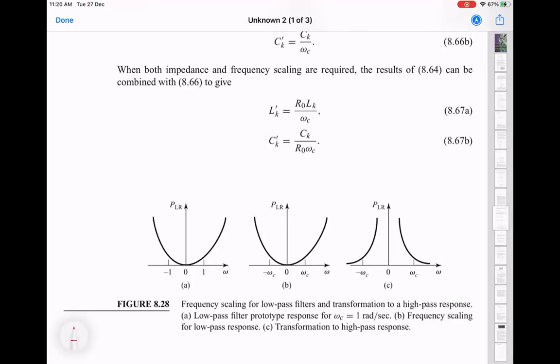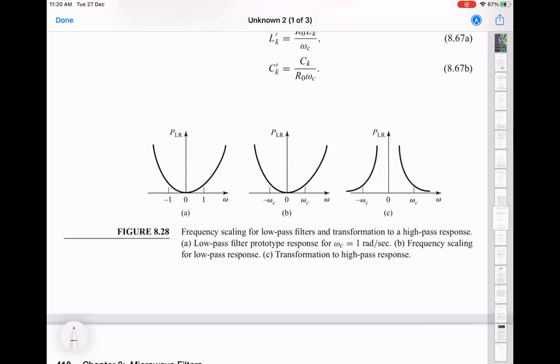So you now have the full methodology for starting from the order. You're constructing a low-pass filter, you look at the table, you get your values of these scaled L's and C's, and then you scale them to the correct frequency. And then that basically gives you the correct values of the inductance and capacitance in default units. And then you get your frequency response you like. And you can sort of understand this, that the shape is fairly standard, right? All that you're doing when you're doing frequency scaling is sort of moving the x-axis back and forth,